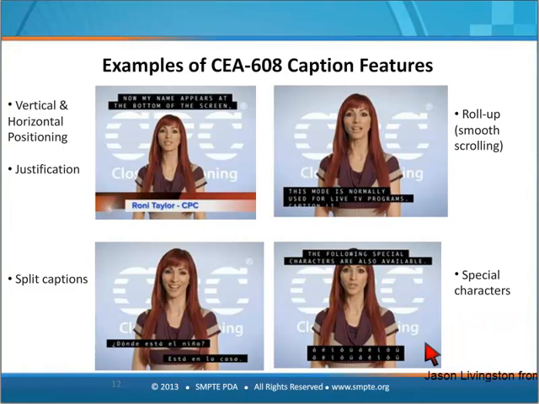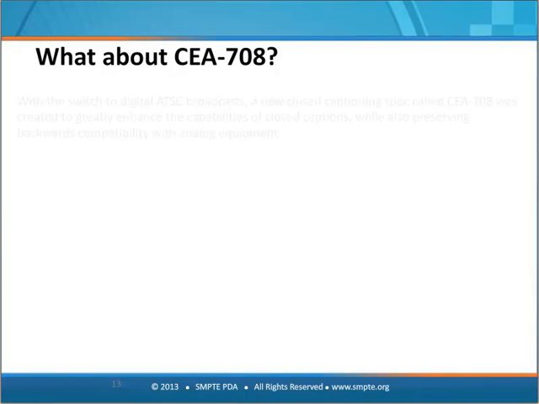You can have split captions, multiple windows on the screen at the same time, like here and here. Here's an example of different kinds of special characters and positioning you can do. And the roll-up, the smooth scrolling animation. I wish I could show it to you animated, but it doesn't come through the webinar very well. You just have to imagine that this is smoothly scrolling up the screen. That's quite an achievement for early 80s technology. Think about the state of computers back then and being able to draw things on top of a TV signal. That's not easy.